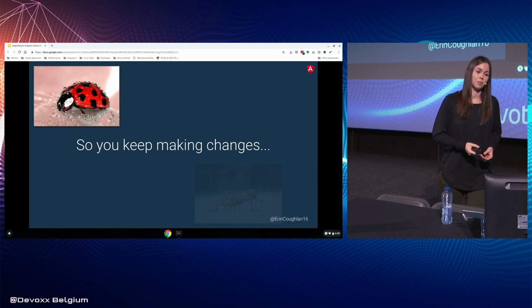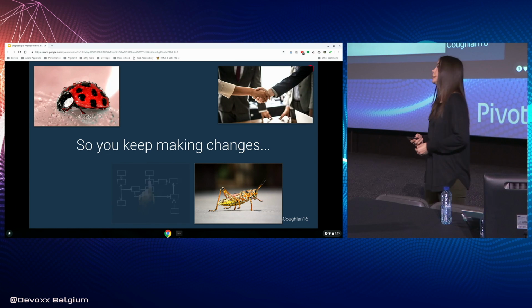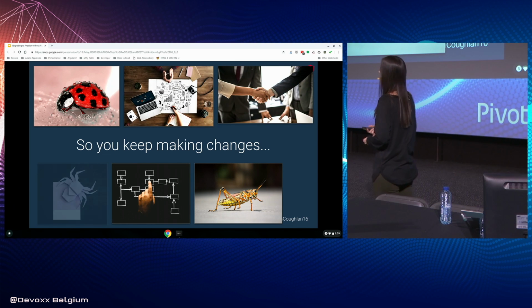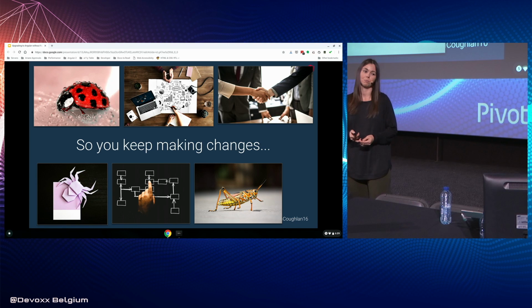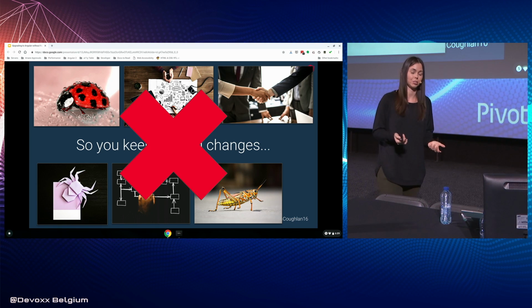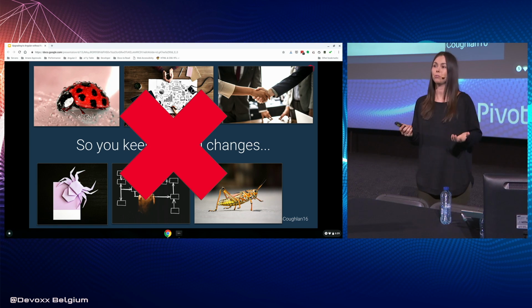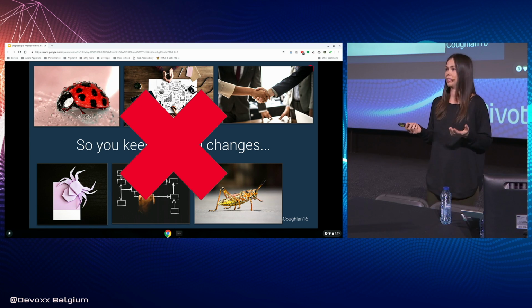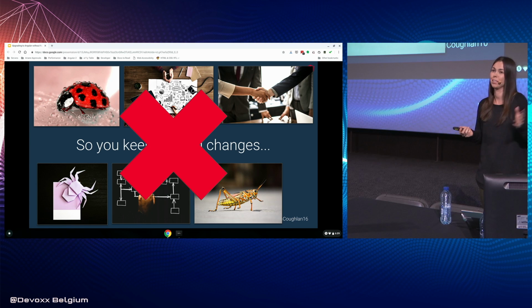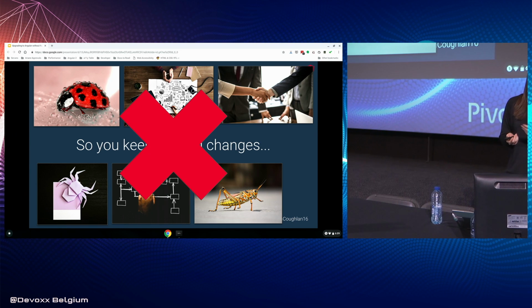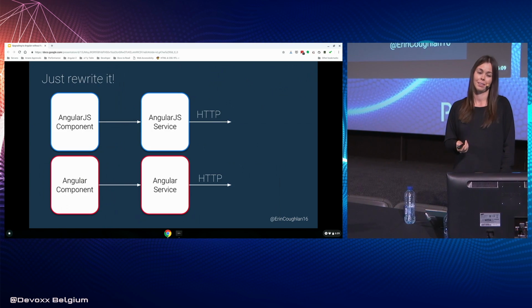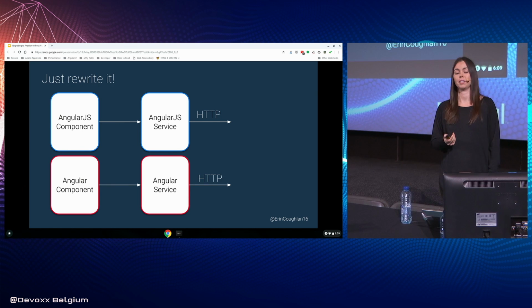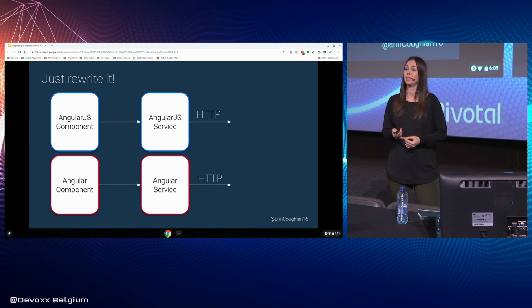Except you keep making changes. You fix some bugs, you get a reorg, you re-architect it, and what happens? It just diverges. So now you have these two services, and you fixed it in some places, but not the other. Like, I'm lazy. I'm going to make the features, I'm going to fix it in the real place, but I'll mess up the other one. So I'm going to suggest something different here. So instead of just writing it twice,